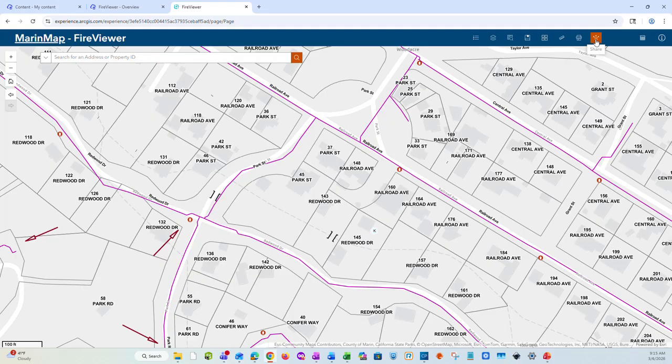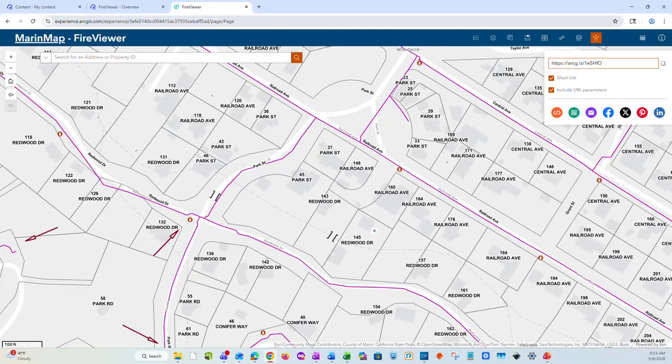The next tool in the header menu I'd like to go through is the share tool. So I'll select that share icon to open that up. Now the first thing you'll see when you enter into the share tool is the short link URL. So if you want to share this application out and you don't want to utilize the entirety of that URL that shows up here in your browser, you can just select copy on that short link URL and that will copy that link to your machine's clipboard,